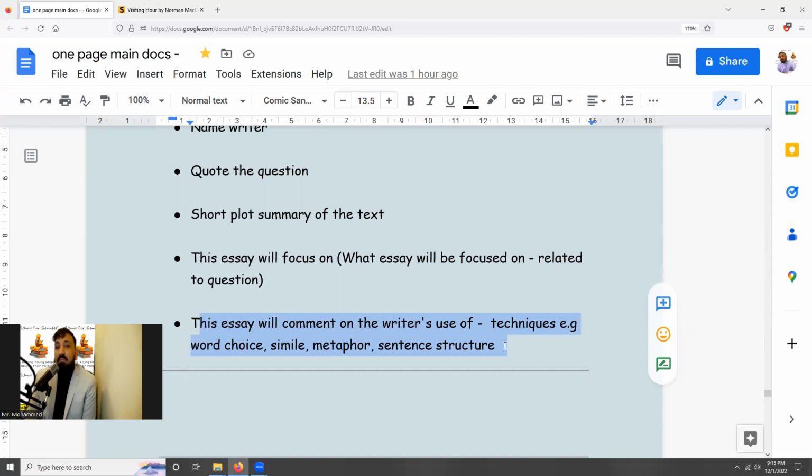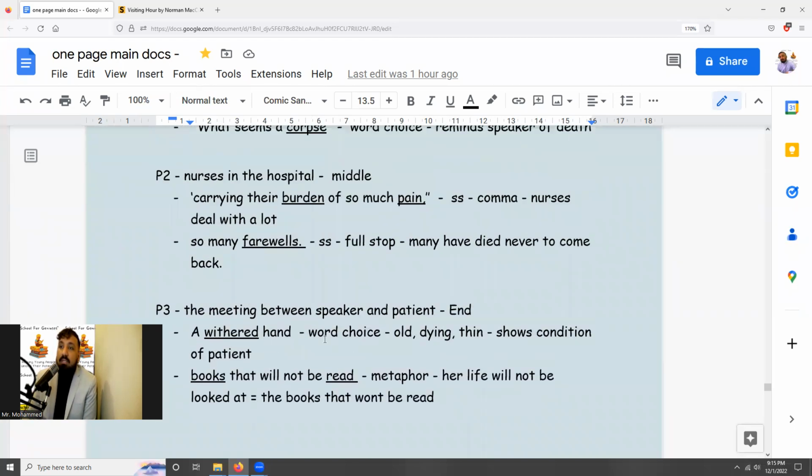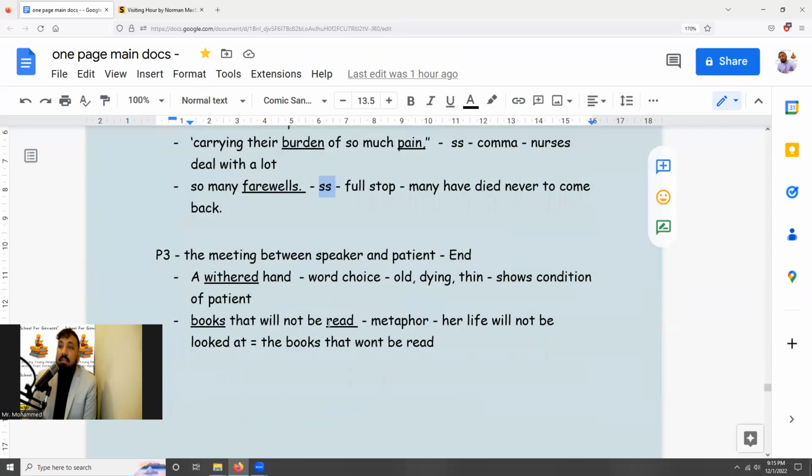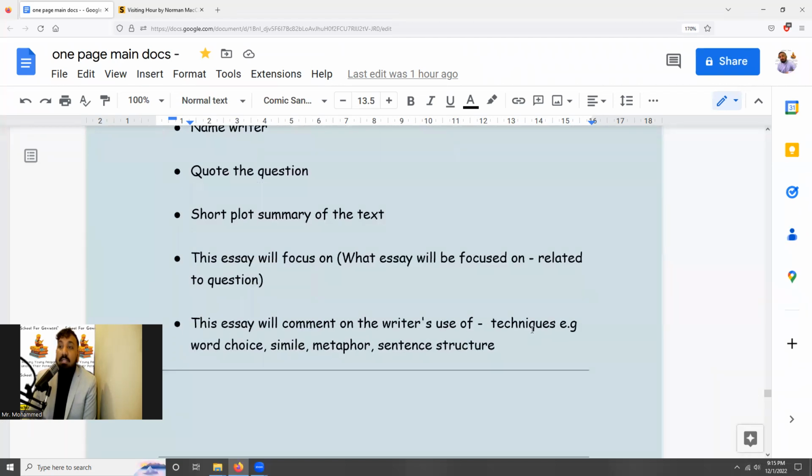Looking at your essay plan, and then looking at the techniques that you've put in your essay plan, for example, word choice, sentence structure, metaphor, and then listing them here. Saying this essay will comment on the writer's use of, and then listing what techniques you're going to comment on. So for me, based on the essay plan I just did, it would be word choice, sentence structure,